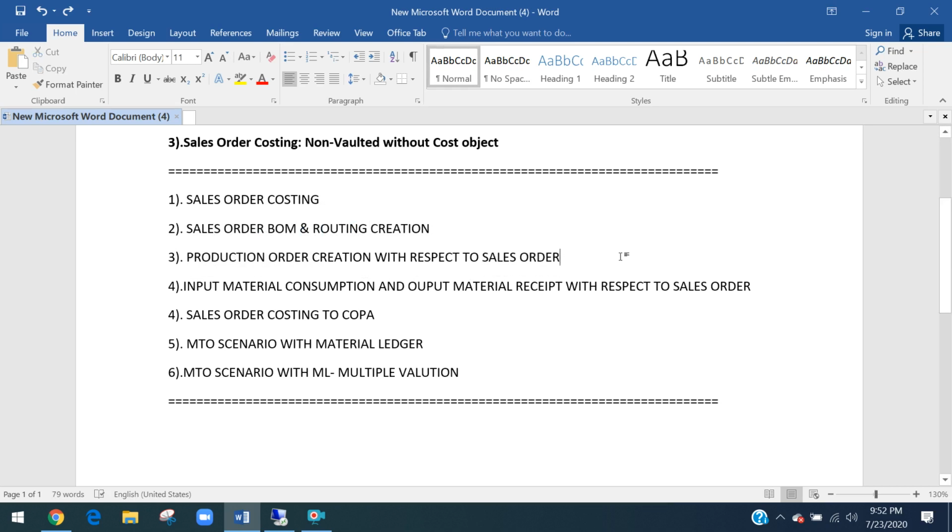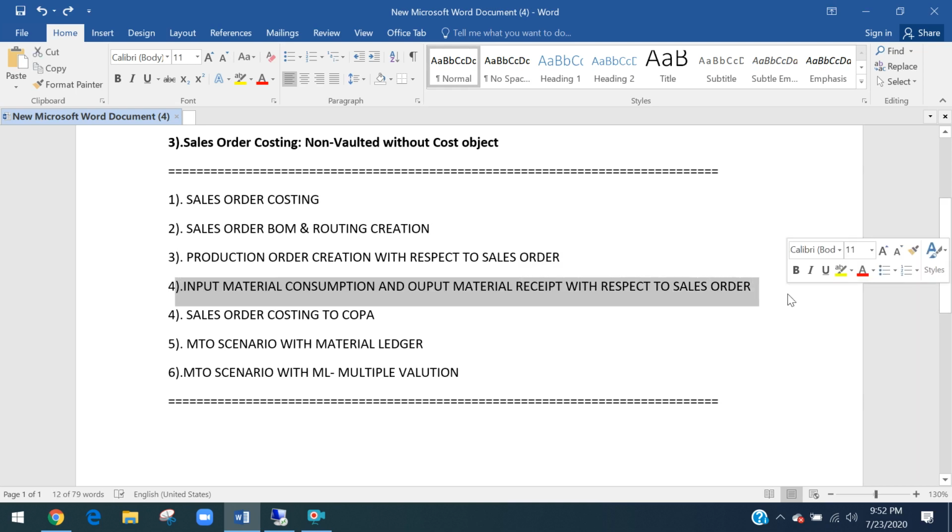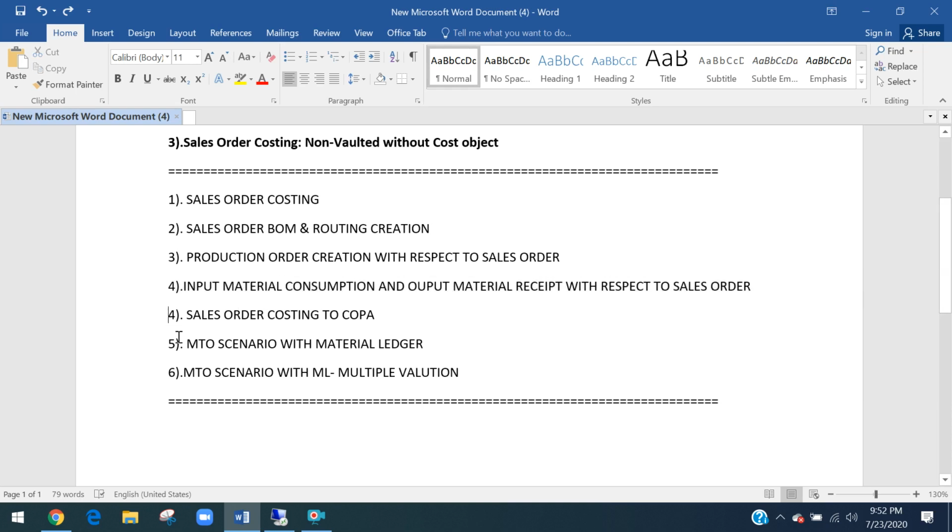The production order creation is also with respect to the sales order. On what basis do we create a production order? On a customer quantity and customer order basis, we start manufacturing. The fourth point is that input material and output material also move with respect to the sales order only. Input material means raw material, packing material, activities confirmation, and goods receipt, all going completely to the sales order only. And the fifth point,